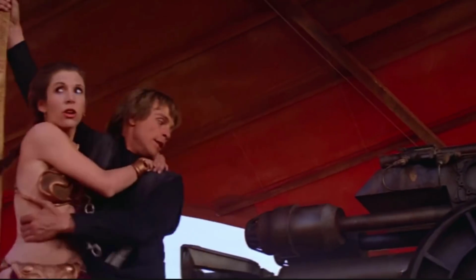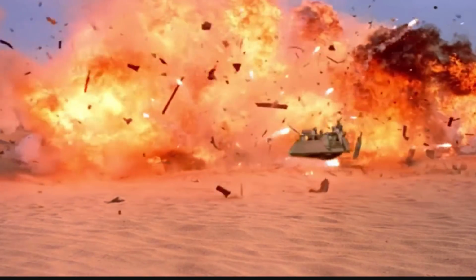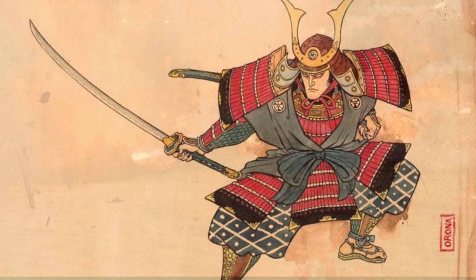The pieces of this ship were mostly scavenged by Jawas, with some parts being sold off as scrap metal to be used in restaurants in Mos Eisley. So that's it for the Khetanna, and the only cool behind the scenes facts is that